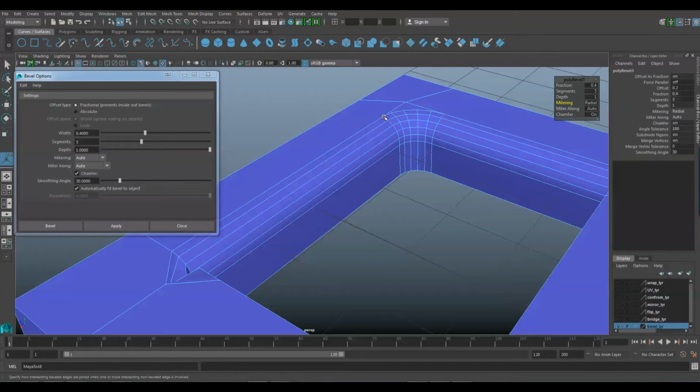That's the only difference. And of course, if you set it to none, you won't be getting any mitering. It's just a normal result that you might get without mitering. And we've got mitering along, which determines the direction that corner vertices move when mitering is set to anything but none. So if I set this one, let's say, to uniform, which in this case works best,